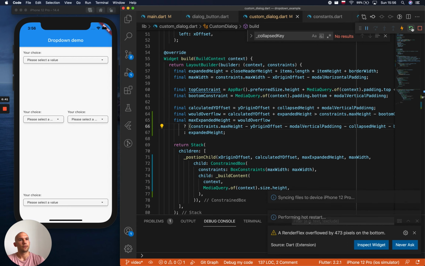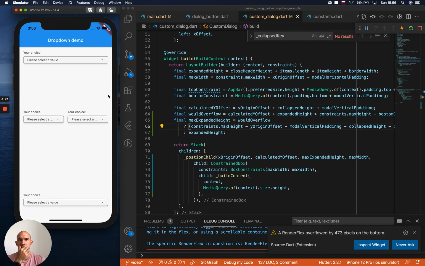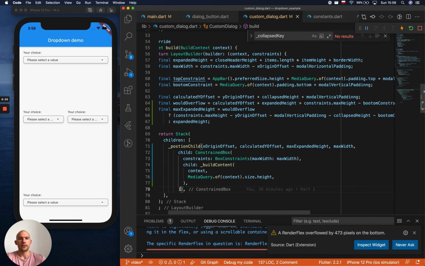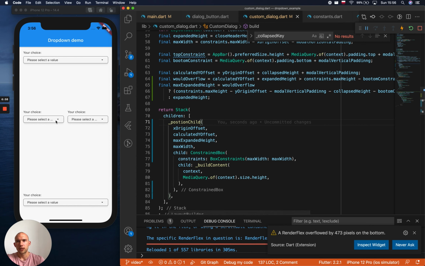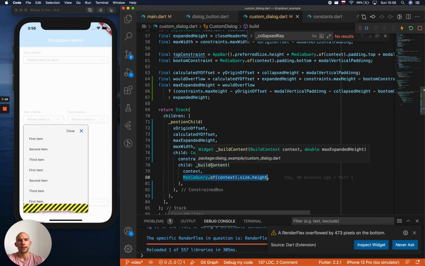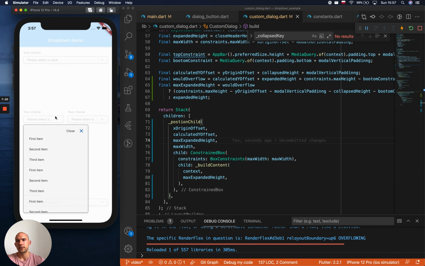Okay, something's not working correctly at the moment. Let's fix the formatting because it's annoying. What's wrong? I think I know. We are passing the height of the whole screen here to build content, and that one also needs the expanded height. The max expanded height. So let's pass it here, and now, as you can see,